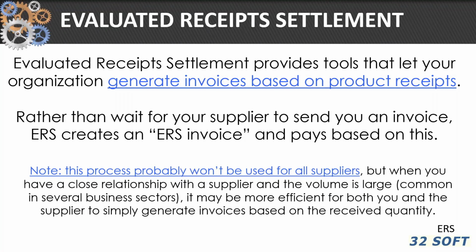Evaluated receipts settlement provides a tool that lets your organization generate invoices automatically based on product receipts. Now it says, note, this process probably won't be used for all suppliers, but when you have a close relationship with the supplier, large volumes, then this may be efficient for both you and the supplier to just generate invoices